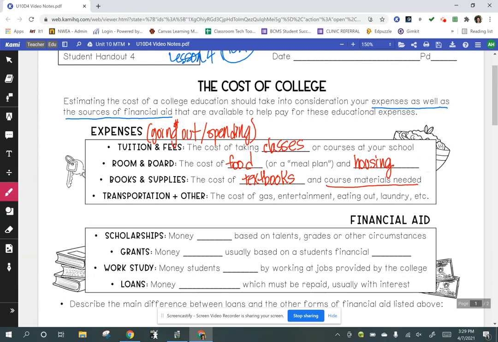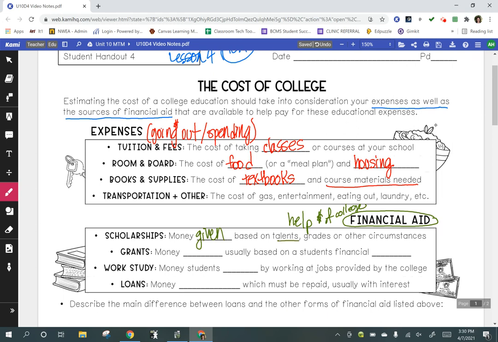Okay. Now, the other part is financial aid. And financial aid is help that you're going to get for the cost of college. Okay. And that can come in several different forms. Some are good, some are bad. Scholarships tend to be a good thing. That is money that is given